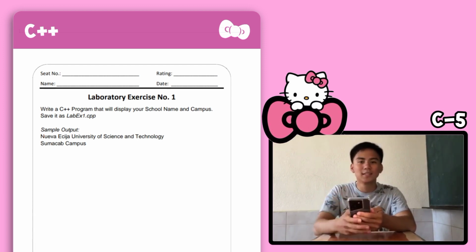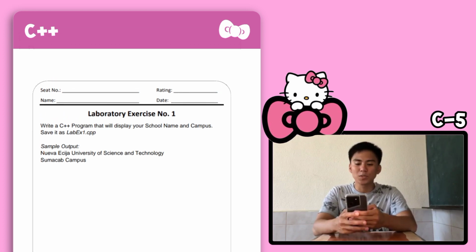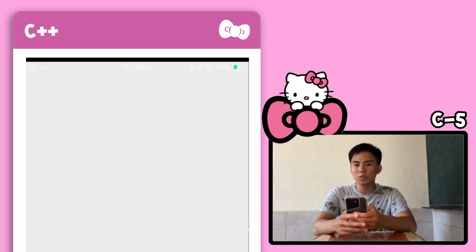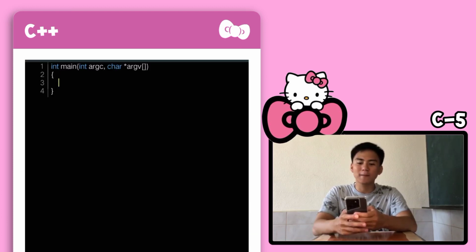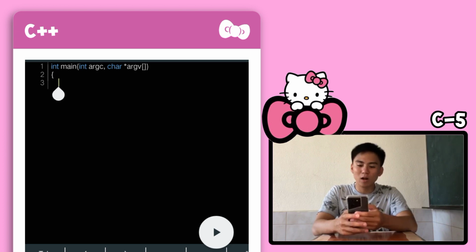Hello guys, so for our laboratory exercise number 1, we will create a C++ program that will display our school name and campus. So the first thing we do is to open our CXX droid, and then we clear all of these things so we could start from scratch. So in the first line,